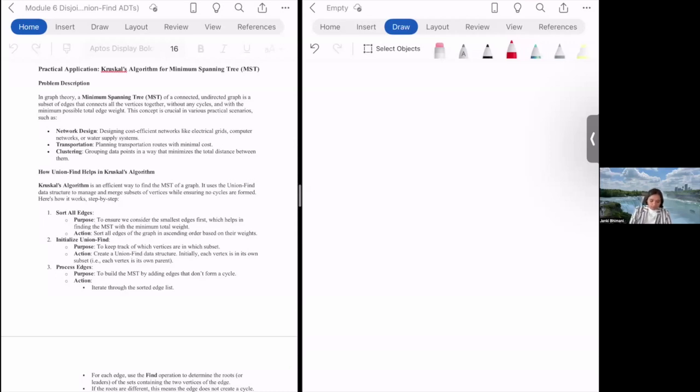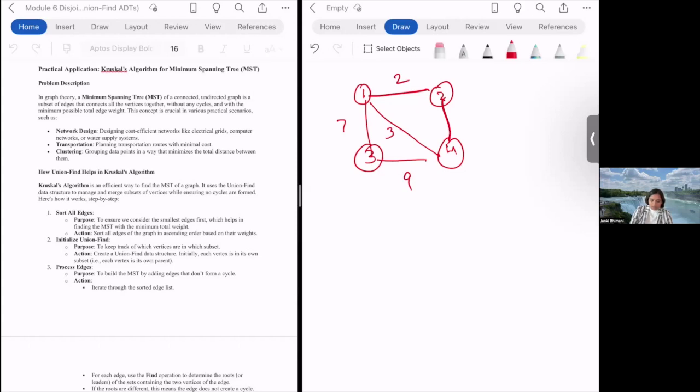For people who are hearing MST as a new term and don't know what it is, let me give you a brief example. Let's say we have a graph with 4 nodes and we have just random edges connecting them. We have some edge weights: 2, 7, 9, 3, 8. Now, a minimum spanning tree for such a graph would be